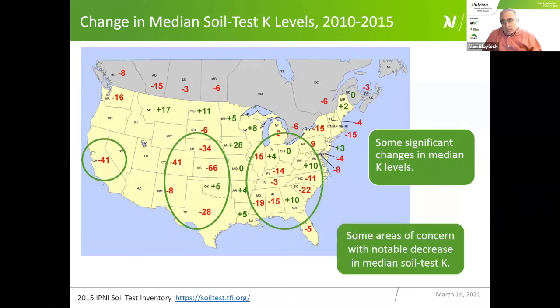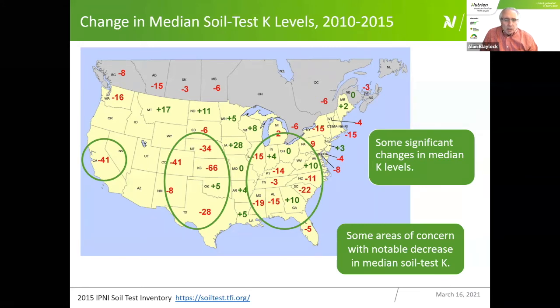And so when I look at these, again, I have to interpret all of those in the local context. Now, one interesting point here on the map is Iowa, where we see this rather significant increase in the median soil test K level. Well, some years ago, and I'm not going to give the year because I can't remember exactly, but I'll say 8 to 10 years ago, the soil fertility experts in Iowa took a look at their soil test calibration and decided